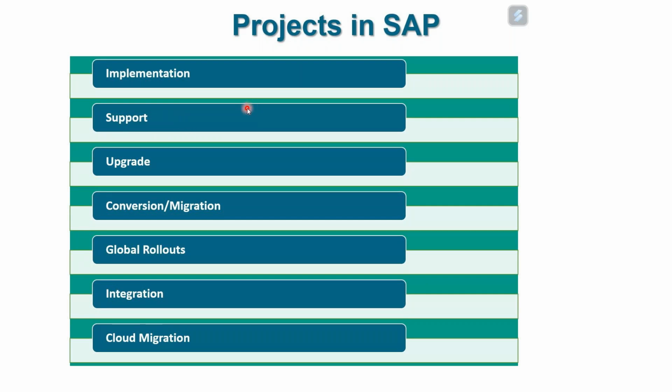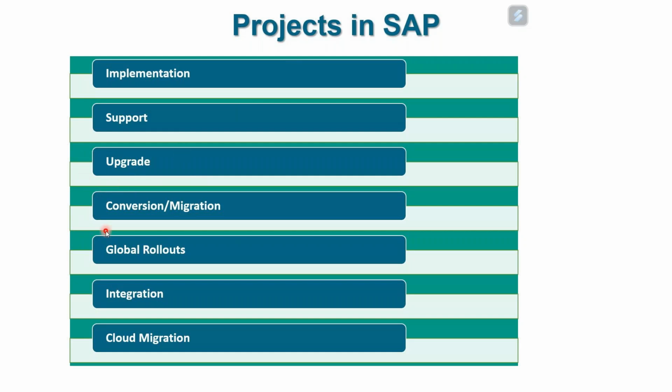They're already using S4 HANA, they get issues every day, and you're supporting them, helping their end users solve those issues. You can do an upgrade project. Someone who is on an older version of S4 HANA. Say someone installed S4 HANA in 1809. Now, S4 HANA has a cycle of 5 years. After 5 years, SAP does not support the older version. So these guys need to move from the older version to the newer version. You can be part of the upgrade project as well. Upgrade to a newer version. You can be part of that project.